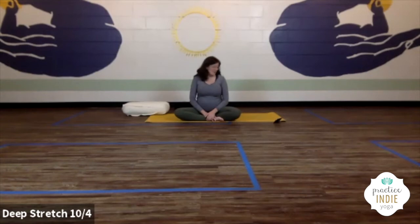Just allowing all that circulation to drain away from the hips, the knees. A subtle inversion here, so just let all of those benefits take place for you. An option that you might take now or hang on to for a few minutes from now